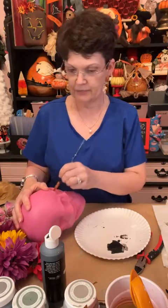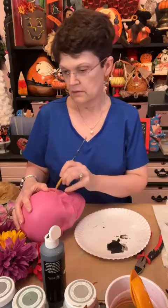All right, let's see how I want to do this. I just want to take some dry brush a little bit and put it in here. And let's just see what it looks like. I just think it ought to have some kind of color